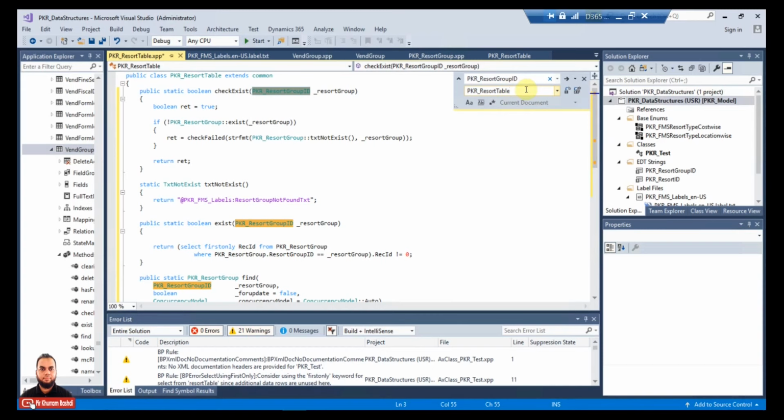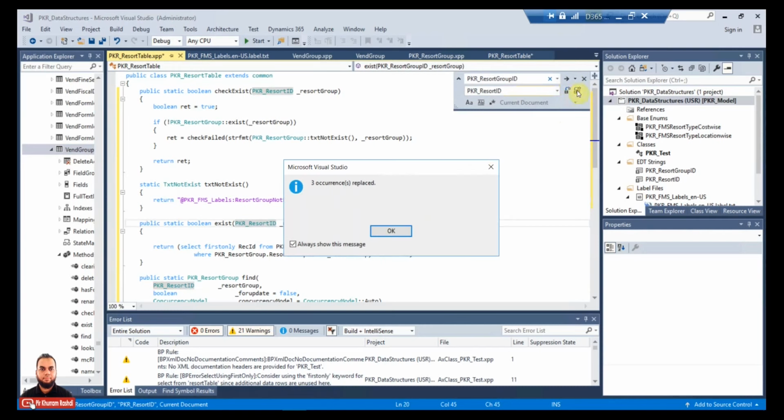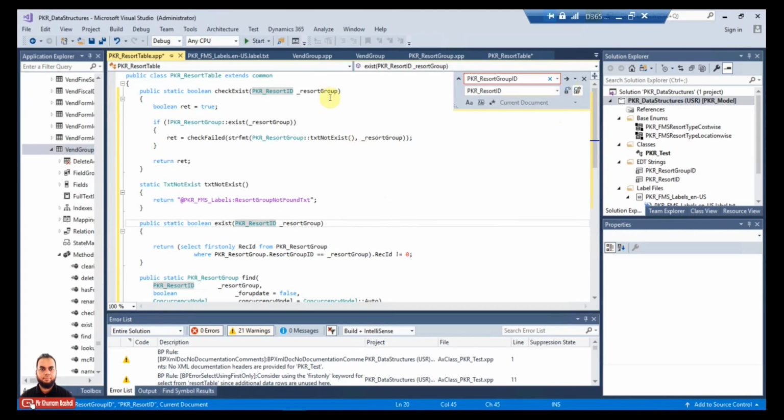No, this one should be resort group ID, so resort ID. So this will be resort ID, which is our EDT type. So we say replace all, and there were three instances which were replaced, and similarly a resort group needs to be replaced with the resort